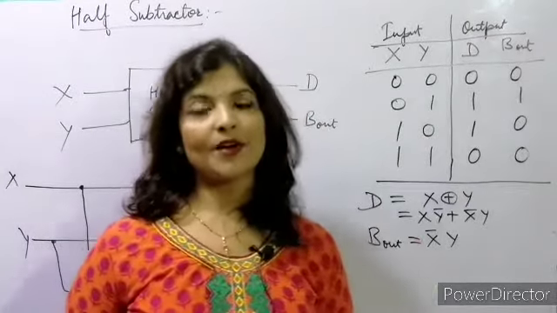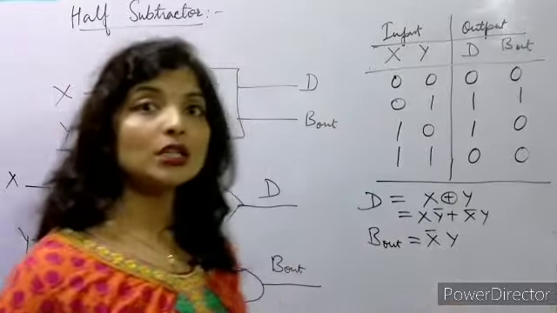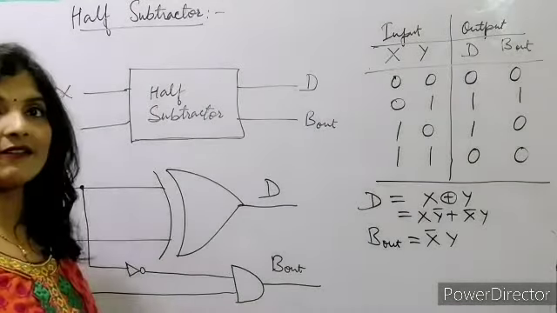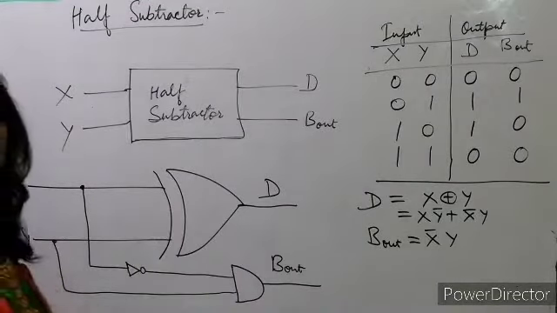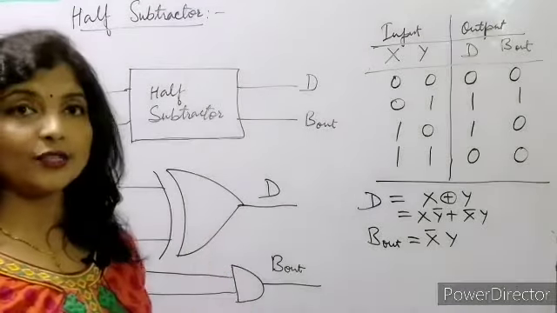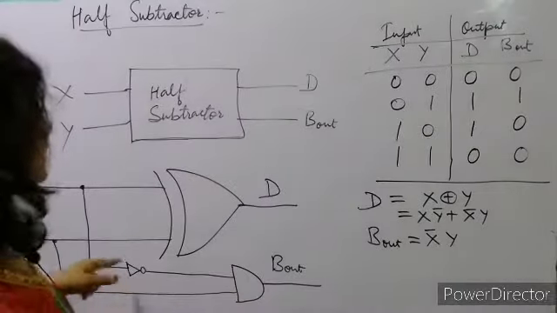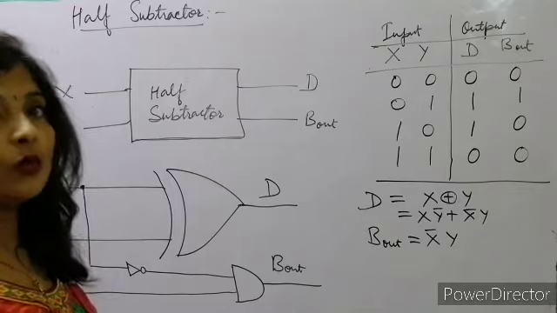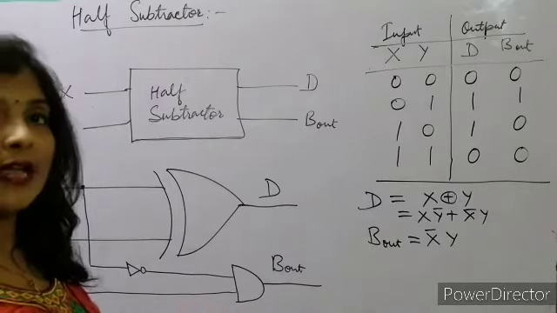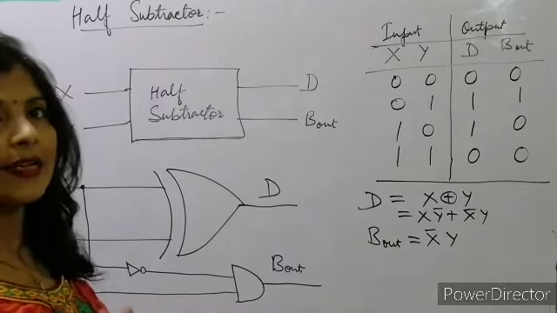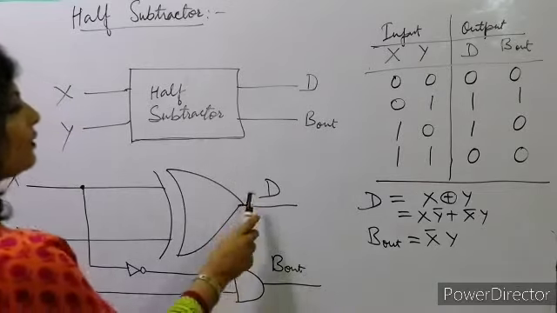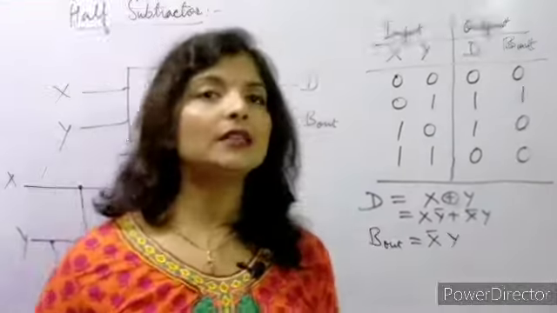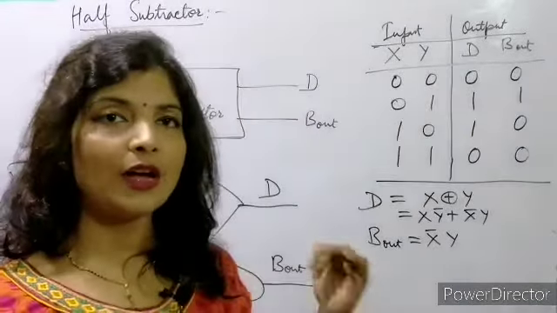In this case, in subtractor, half subtractor, we can see the logic for D difference is same as the sum in case of half adder. Half adder के case में जो sum का value आता था, that is x or y. We were applying this circuit ना, x or circuit apply करते थे. So sum का value was दोनों का x or circuit. Okay. X or y. So similarly the value of D के लिए भी the same logic circuit we are applying here. The logic circuit is same in case of half subtractor.